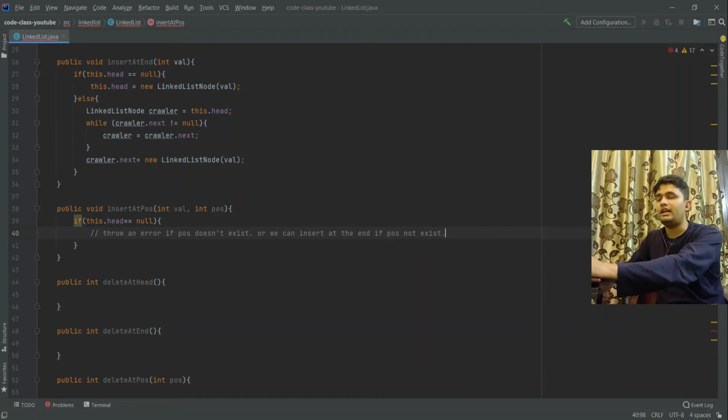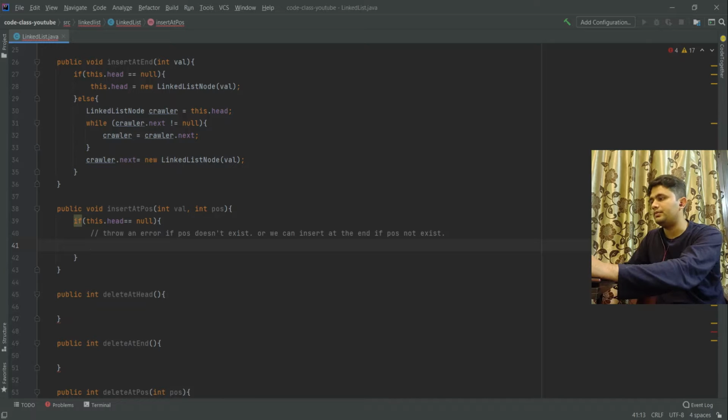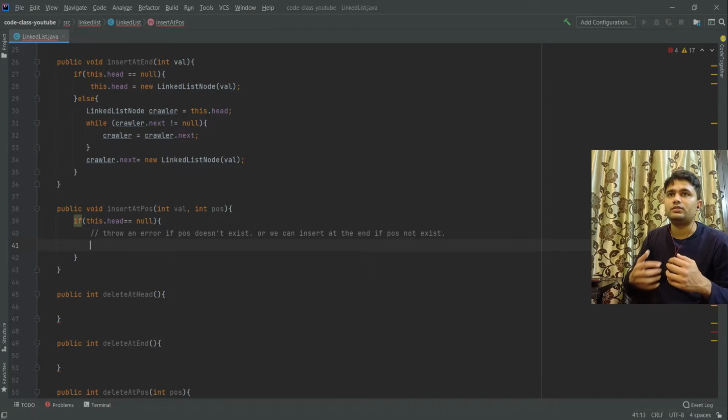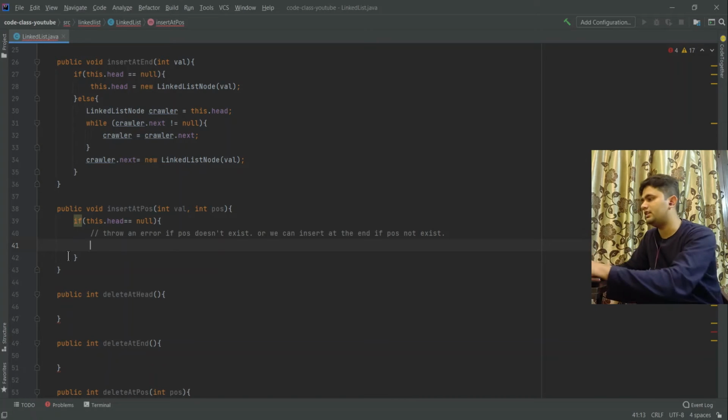Okay, so the ideal way is to throw an exception because we don't want our linked list in a state that the user is unaware of. So suppose the user wanted to insert at 6 and the user wants to find the value at 6. If 6 doesn't exist, we return back the fourth node. But we have inserted at the fifth position. When the user wants to find 6, we are returning him the null value in our search. That isn't fine, so that we cannot do. So the ideal part is we can throw an error.